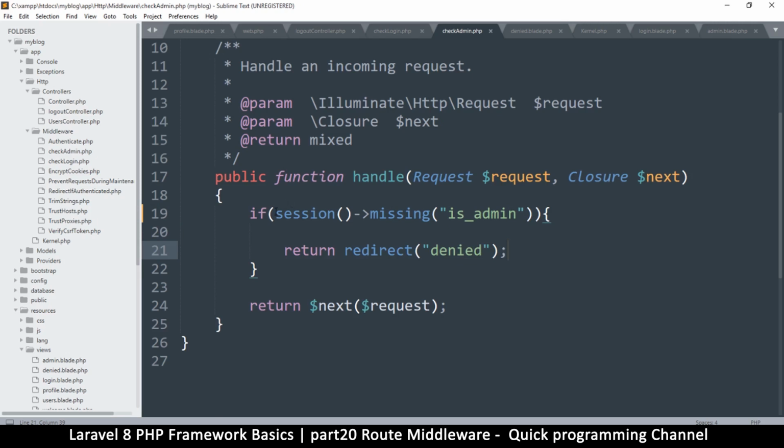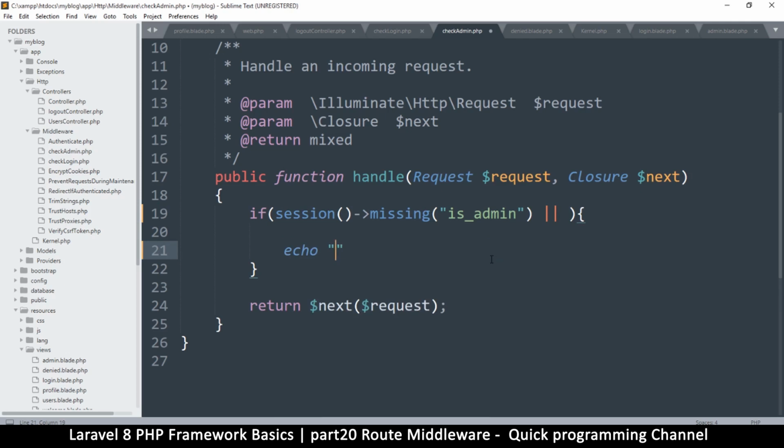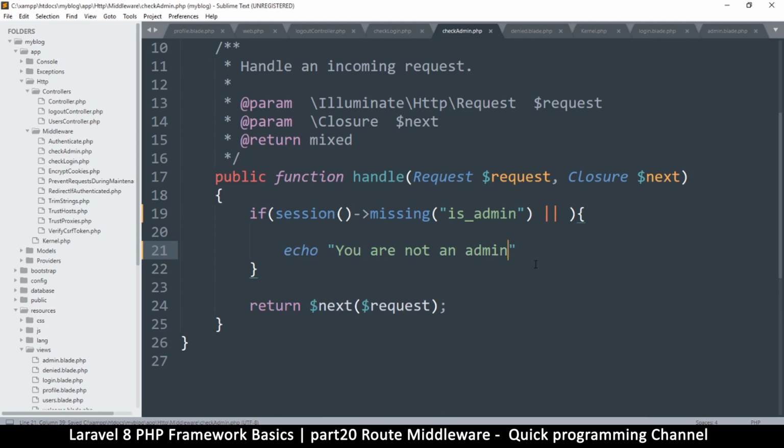Okay, so what I want to do here is to check, first of all, if session exists. Let me put an or there. If it is missing, then access denied. But instead of access denied, I just want an echo so that we can know when we are using this middleware. You are not an admin. So if that is missing, and at the same time,